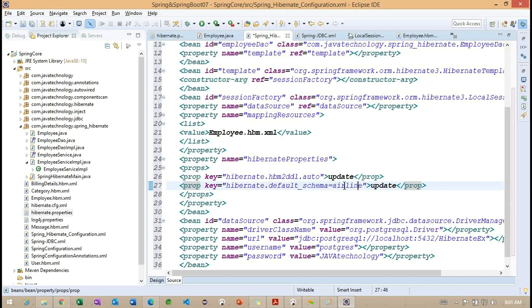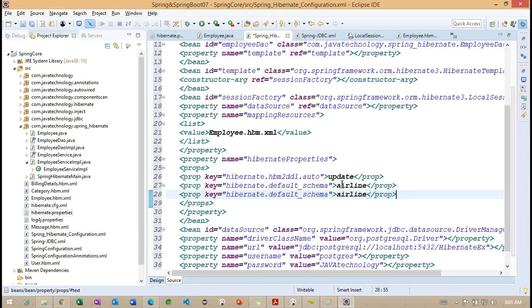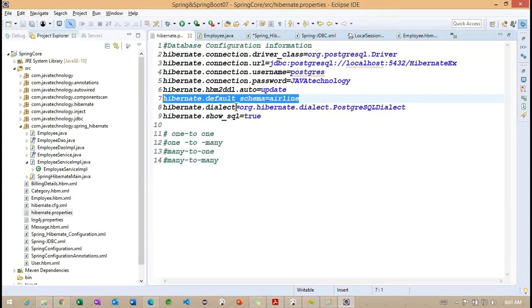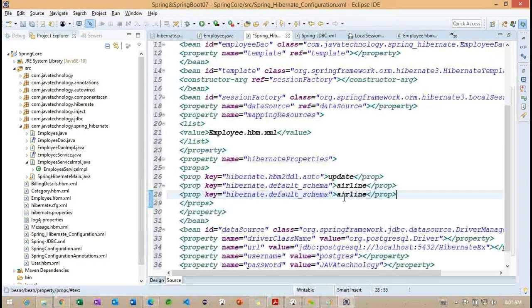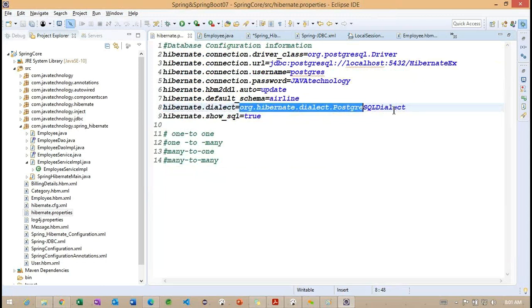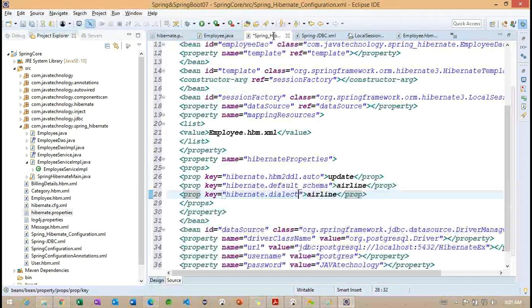So here schema I want to provide. Okay, schema also we provided. And another property, dialect. Sorry, dialect also we need to specify.